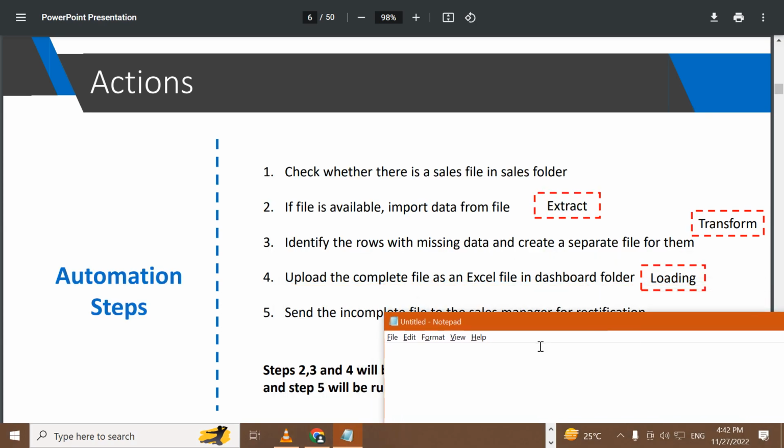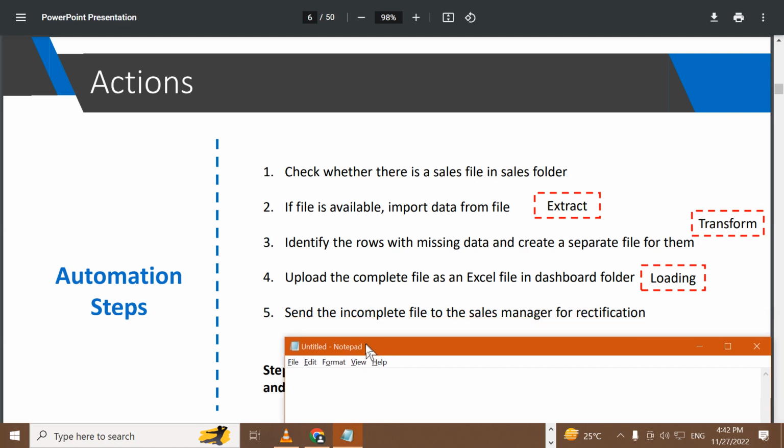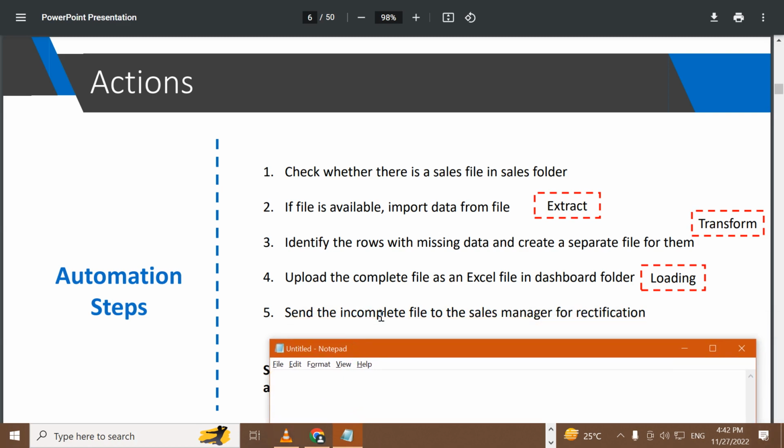Let's say we don't have the solution yet, we are looking at the problem. So check if file is available, and we get first of all the input of the file into PDI. First we get the input, then we do processing, and then output, right? So input, we say